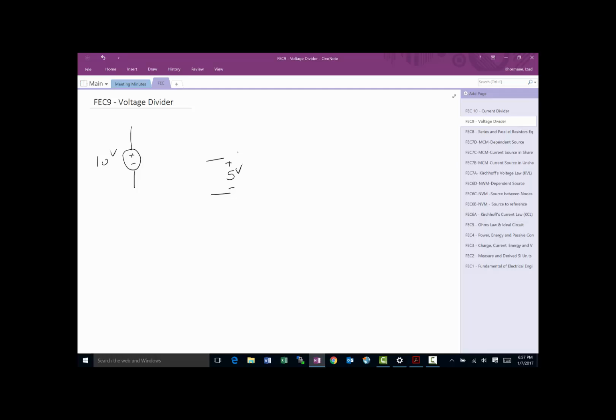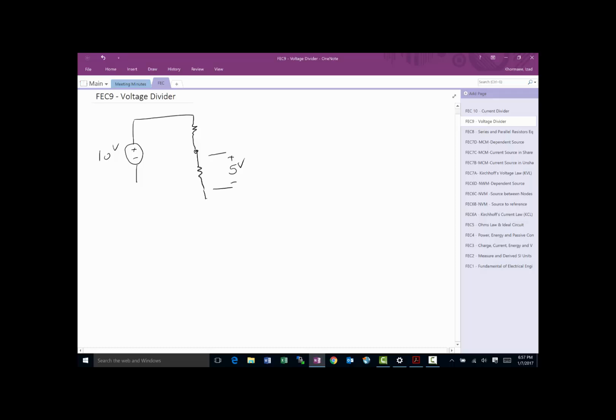So the question is, how do you get that 10 volts to 5 volts? As you know, based on the earlier videos, every time you put a resistor in the path, a certain amount of voltage will be lost, and so all we have to do is put a resistor in the way,